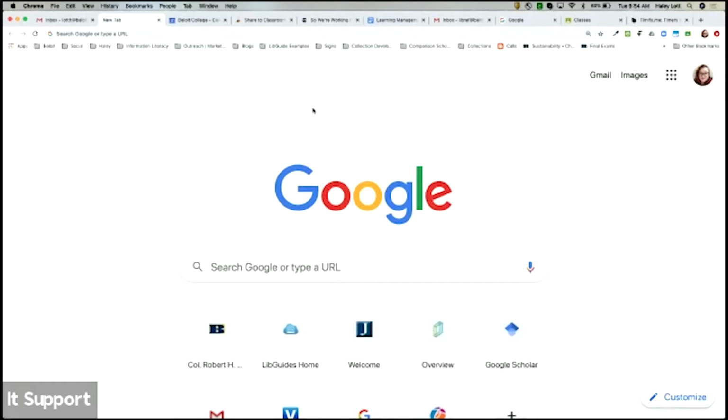So I'm going to talk about Google Classroom a little bit. I use this when I've taught information literacy courses online. I find it a little bit sleeker, a lot more intuitive than Moodle. This might be a good option for those of you that aren't necessarily using Moodle already. If you're already using Moodle, my suggestion is to stick with that because it's more consistent both for you and